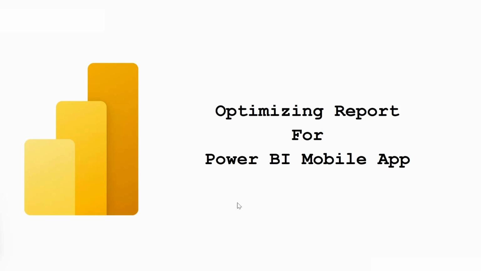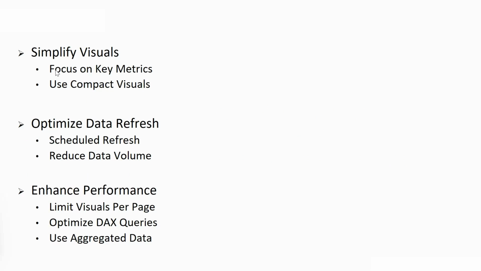Now what are some of the other key features? So let's say the first one is simplifying the visuals. Over here what you can do is focus on the key metrics. For example, prioritize the key metrics and KPIs that are crucial for mobile users. Simplified visuals make it much easier for users to quickly grasp the important information. You can also use compact visuals. You can utilize visuals like cards, gauges, and bar charts that display information clearly without requiring extensive scrolling or